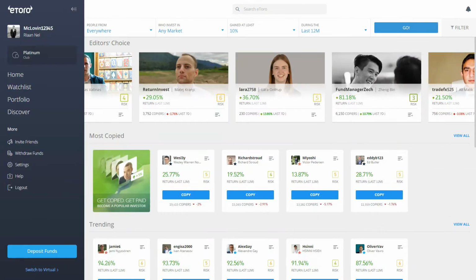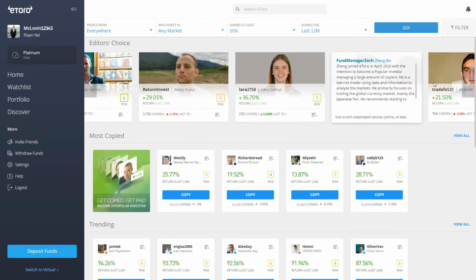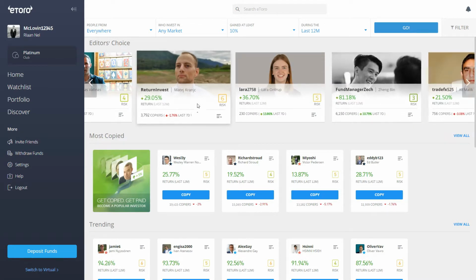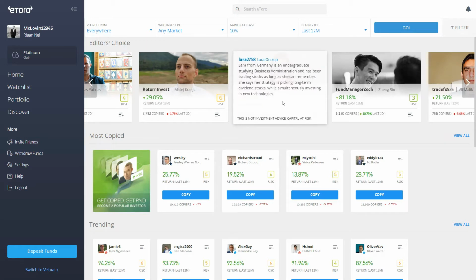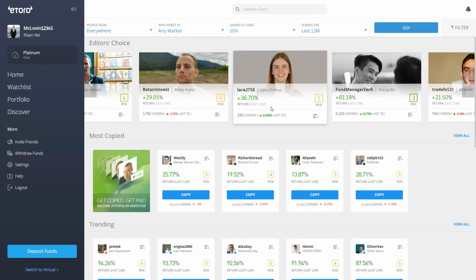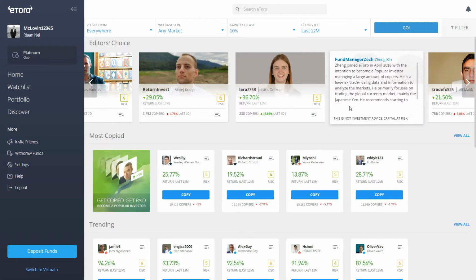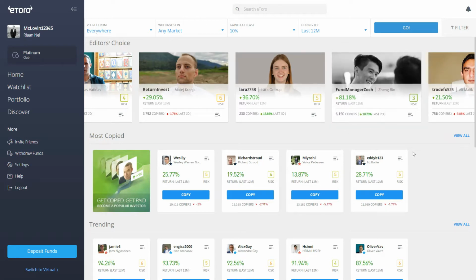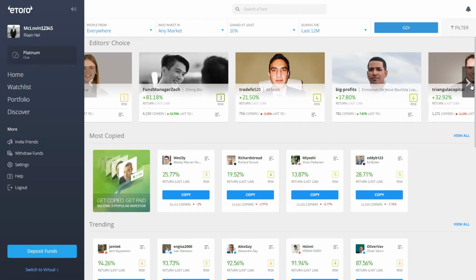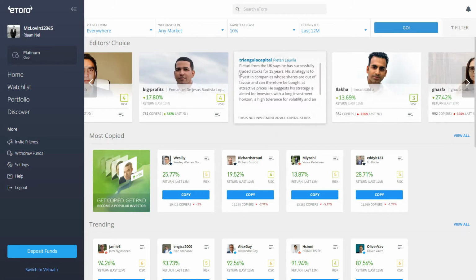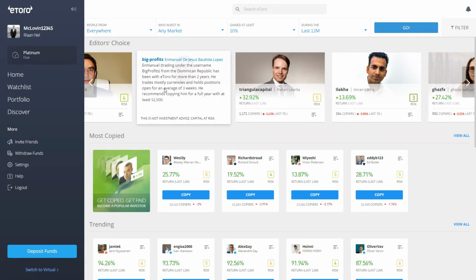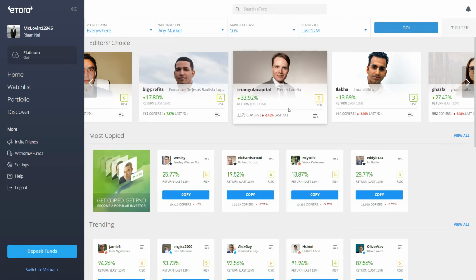All right, so editor's choice. From a high-level view, you can see that this Laura Ontrop, I hope I say that correctly, has a 36% return in the last 12 months. This guy has 81%, and you can click through the traders, and they all differ in style. You can read a little piece of their bio here, but you would have to go into them and look at their trades to see,